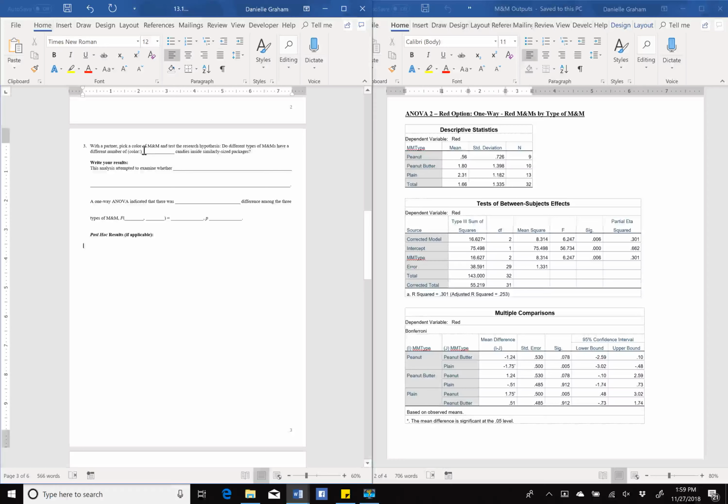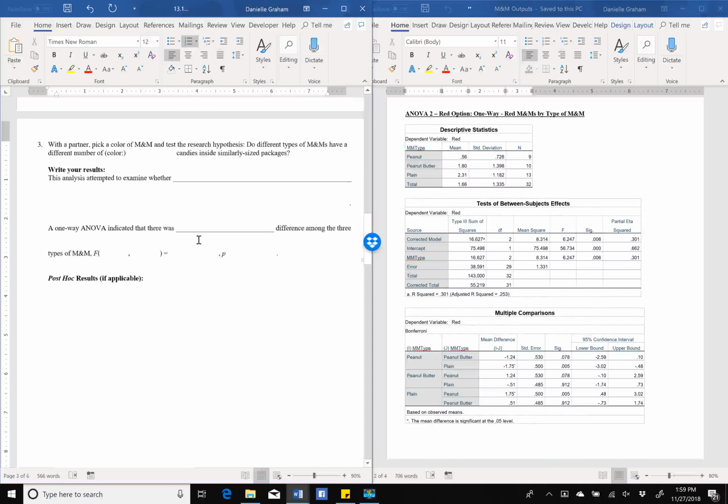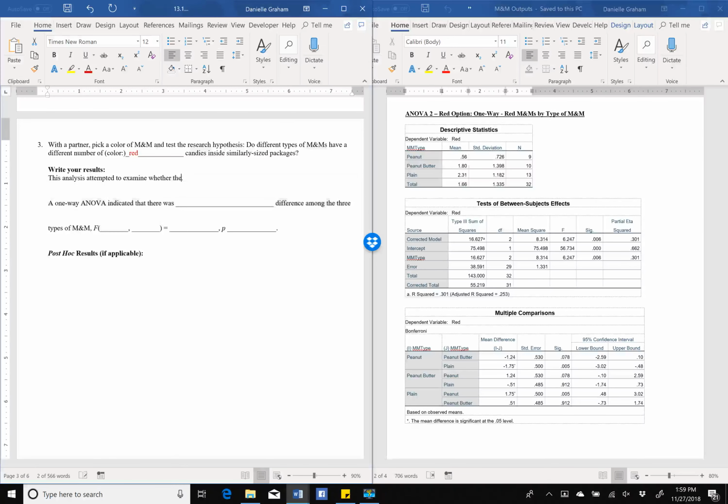So first I'm going to focus on the red M&Ms output. This is actually the most complicated one, so if you chose that one, then you had to do extra work. So we're doing red first. This analysis attempted to examine basically whether the number of red M&Ms